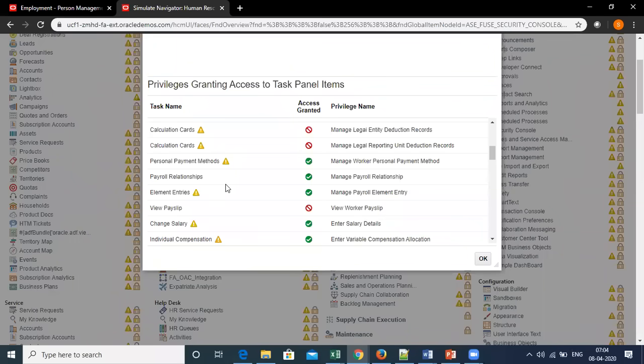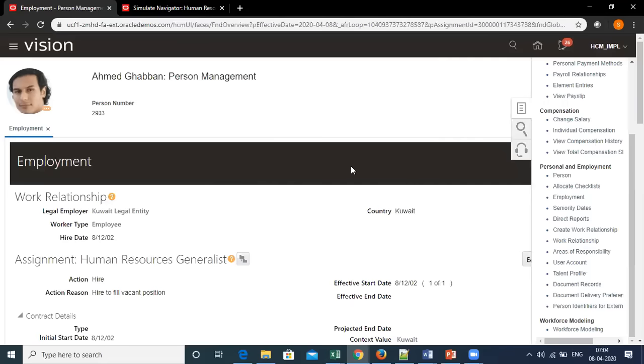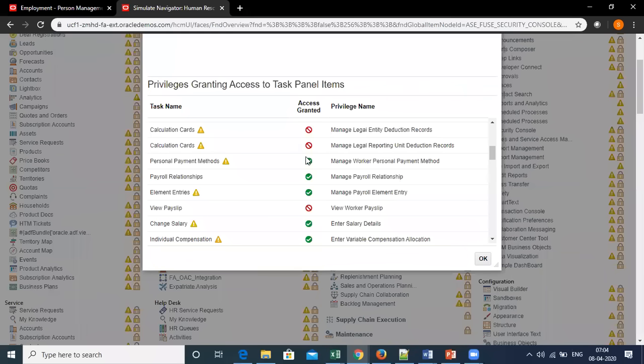So if they say that I don't want the payroll relationship or worker personal payment method to be accessed, what I can do is remove this particular privilege. I can see the task name over here, personal payment methods, and I can see through which privilege the person is getting the access: manage worker personal payment method.